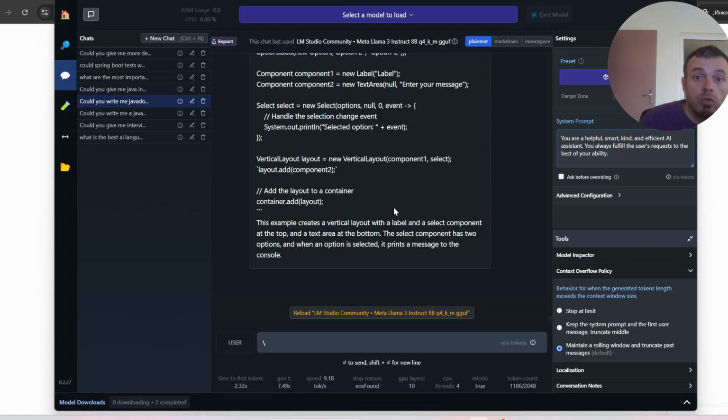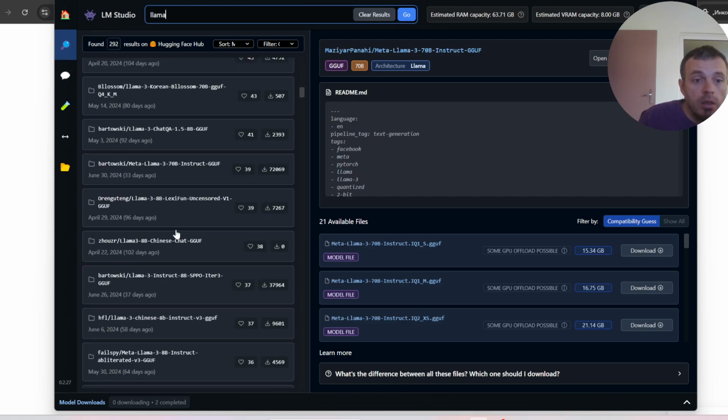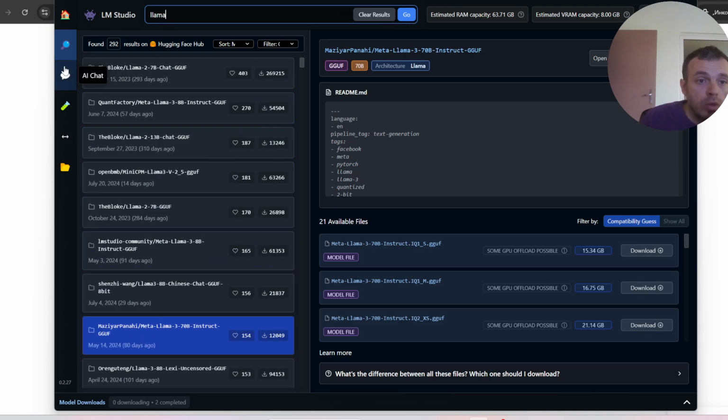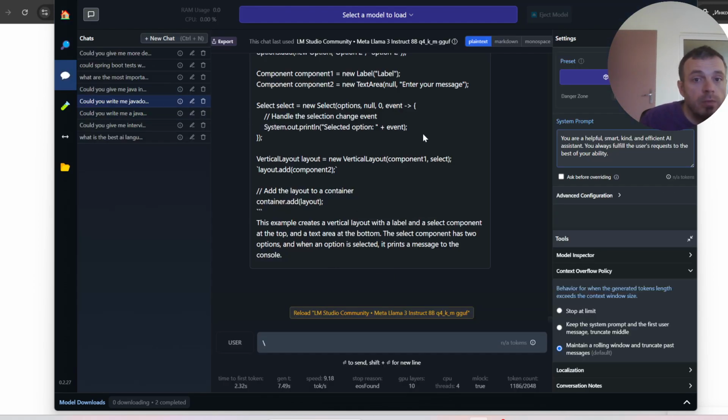And this is not the case with LM Studio, and here you have the ability to download from multiple language models. There are tons of open source language models that you could download, and the interface is similar with chats and questions,